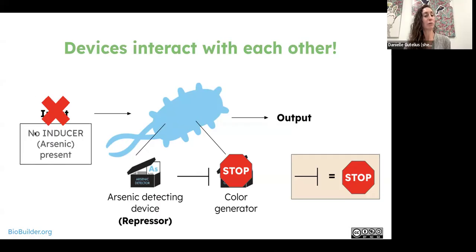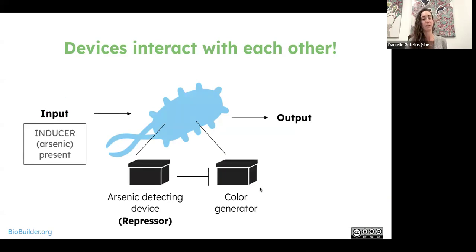So if there's no inducer, no input, in this example arsenic, if there's no arsenic, then our arsenic detecting device is going to stop our color generator from operating. All right? Okay. Now, if we do have arsenic present, we have our input, that's going to turn off this